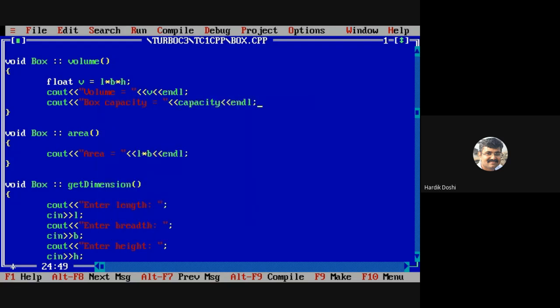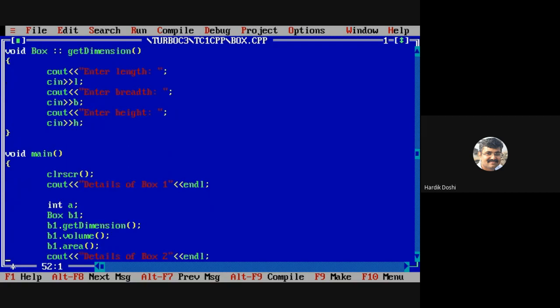And now the question comes, where to initialize this box capacity? You had written box dot capacity equals to 50, but over here, where to initialize it?